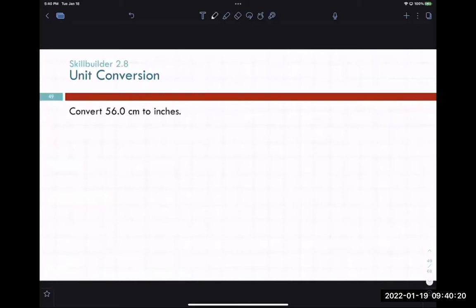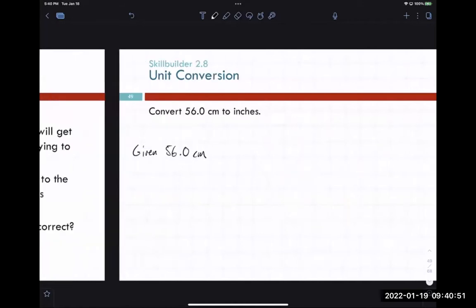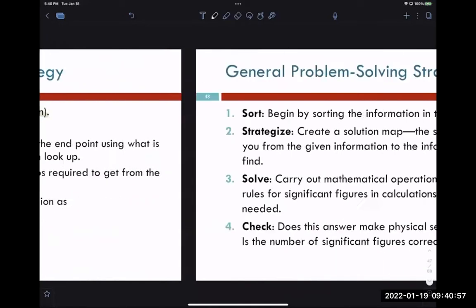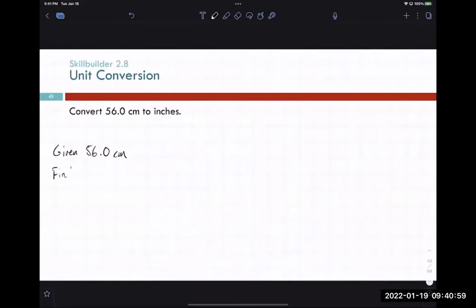All right, so centimeters to inches, fairly simple one. And again, we want to extract out this information first. So if you want to write that you're given 56.0 centimeters, because that 0.0 is significant. Then for a solution diagram, oh, and then what we want to ask, given, and then what's the specific word that I used? I guess endpoint? Oh, find. There we go. That's what I was looking for. So find